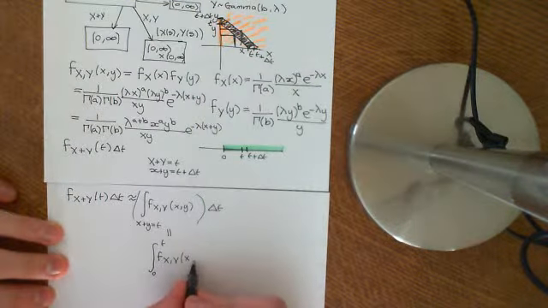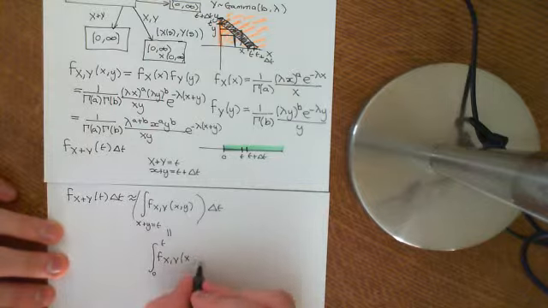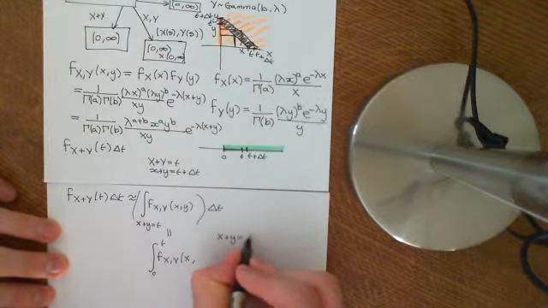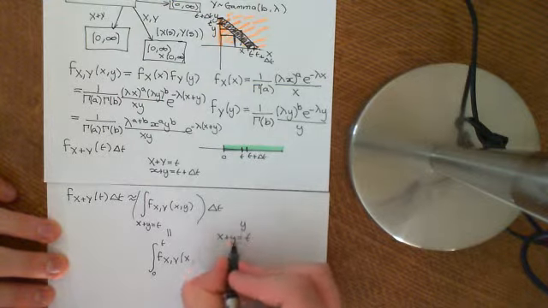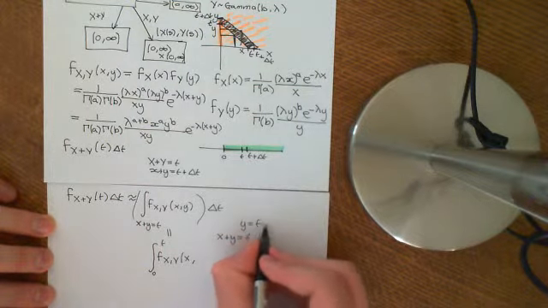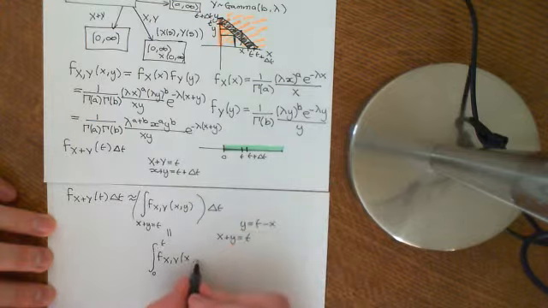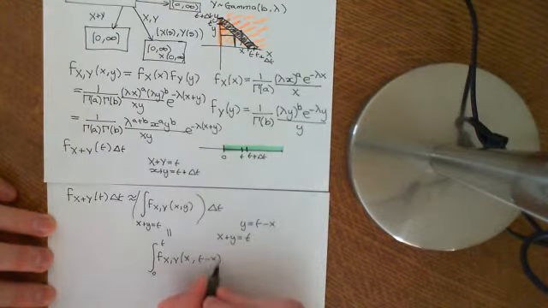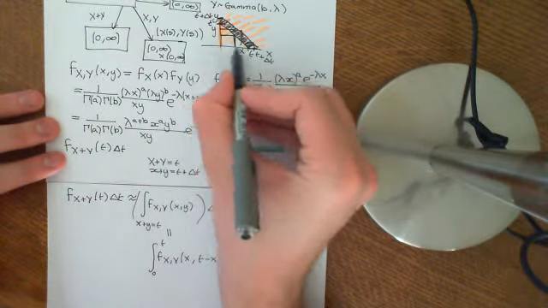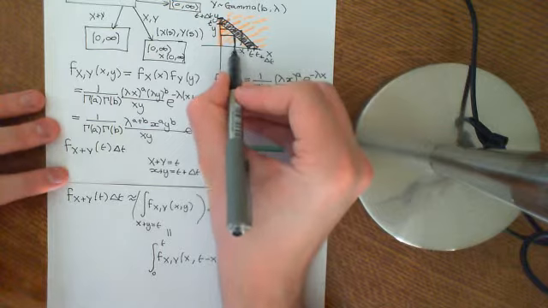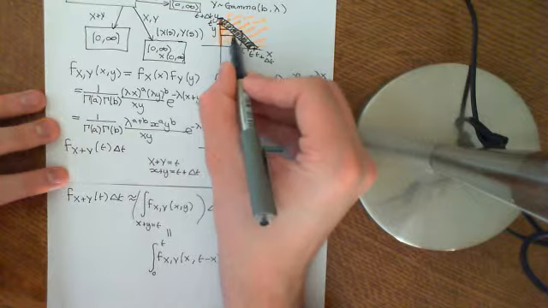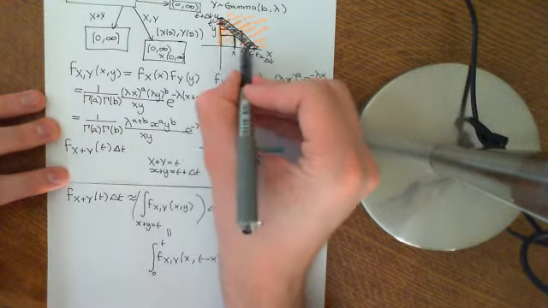So then what we do is we stick in what the value of y has to be, and we know that that curve is the equation x plus y is equal to little t, which tells us instantly, if you give me an x value, I instantly know what your y value is, because t was a fixed parameter. So now y is equal to t minus x, so we substitute that in. So for each of these x values from 0 to t, you go up to that x value and you say, okay, the corresponding point in the plane to that x value, because we're integrating along this line,